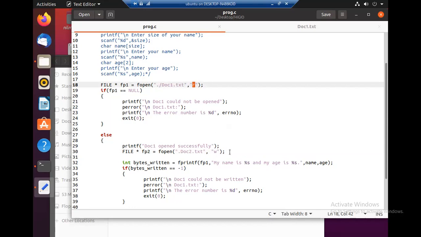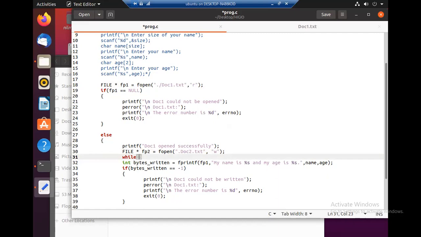Okay, then we open this file for write only, then we are going to call while. So we are going to call fscanf until end of file is reached.